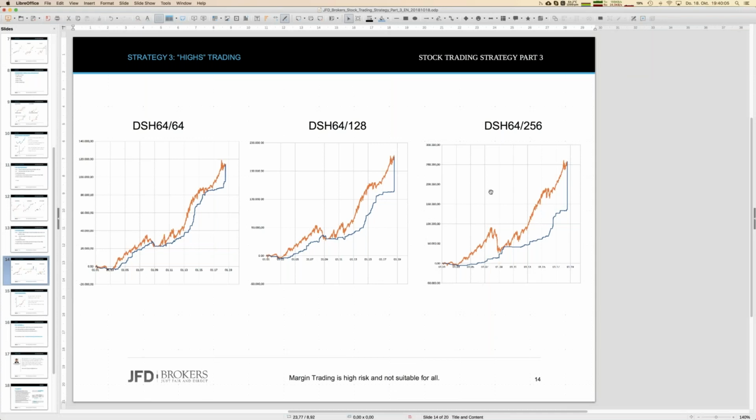But we have a but still. Let's start with the right one here. So days since high 64, 256. Very good profits, 250,000, but highest drawdown. But the good thing now is, let's go to the left. If we go down the road, smaller numbers for the exit, it's getting better. And it's even getting better once again if we have the same numbers for exit and entry.